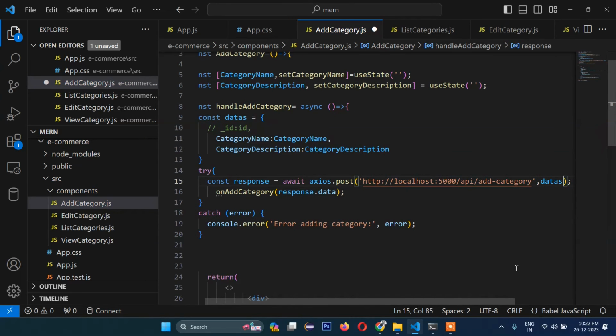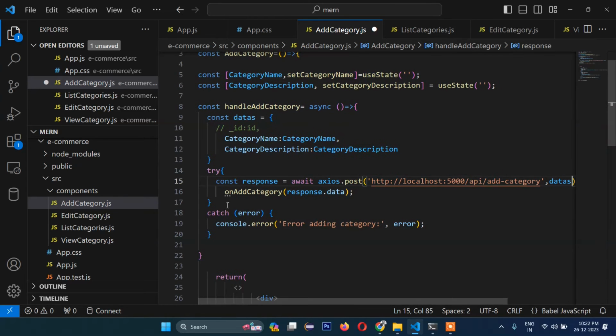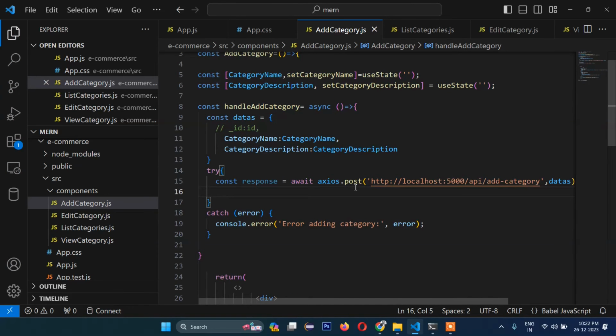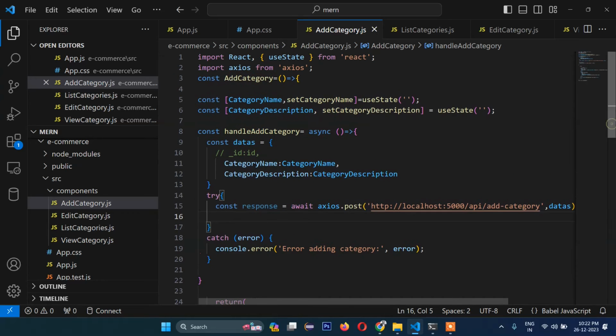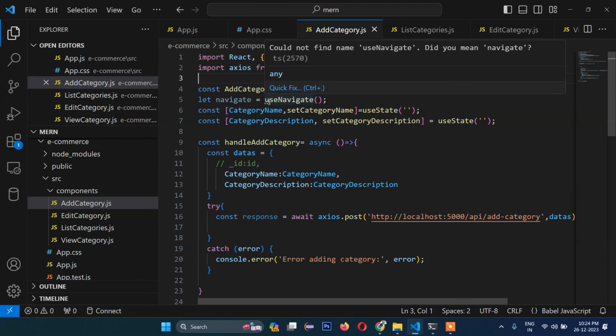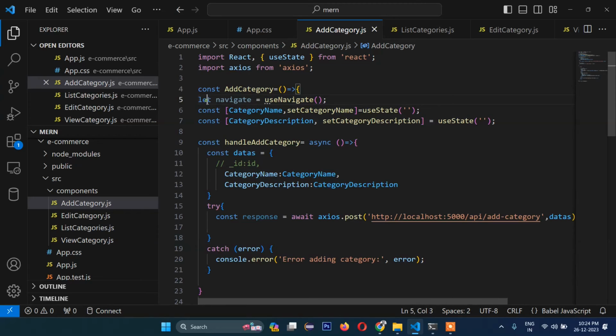Okay, so it will be easier. Now there is no need of this one. And also once added, then we want to redirect it to the view page. So for that, here we need to call in routing section, so we need to write like this line of code,